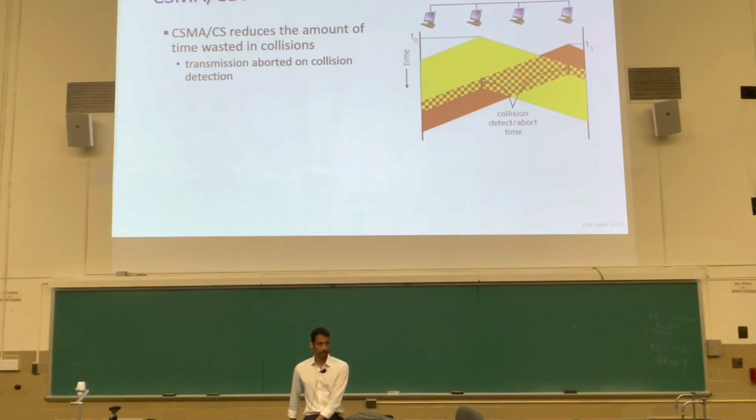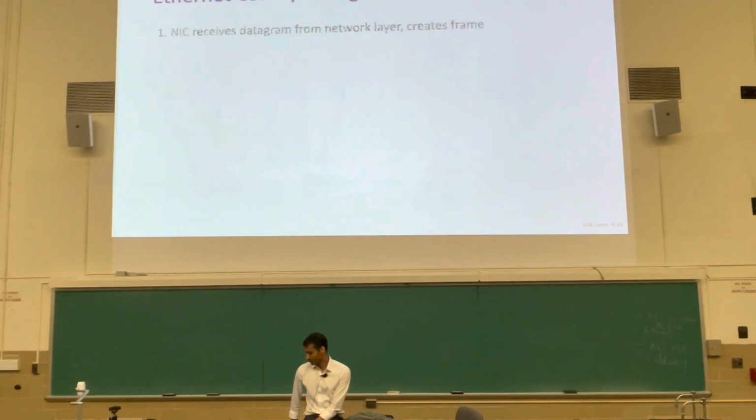Well, a collision happened, what do? Well, you do the same thing as Aloha, which is what happens when an Aloha collision happens. We enter a probabilistic transmission mode. What do you do here? Well, it is probabilistic, but the implementation detail is a little bit different. Here's the Ethernet's full CSMA/CD algorithm.